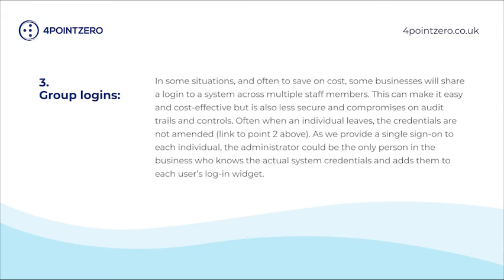3. Group logins. In some situations, and often to save on cost, some businesses will share a login to a system across multiple staff members. This can make it easy and cost-effective, but is also less secure and compromises on audit trails and controls. Often, when an individual leaves, the credentials are not amended. As we provide a single sign-on to each individual, the administrator could be the only person in the business who